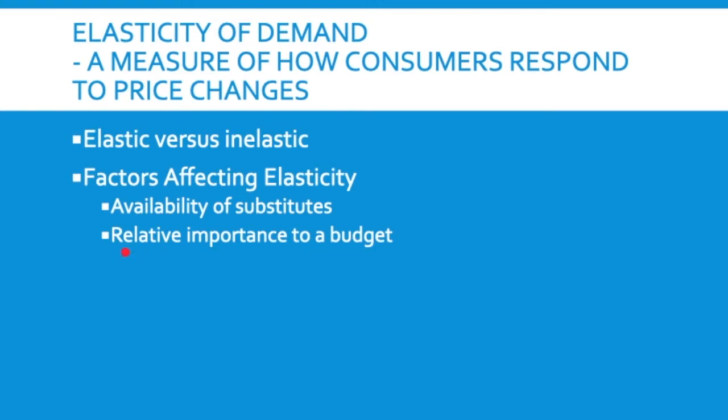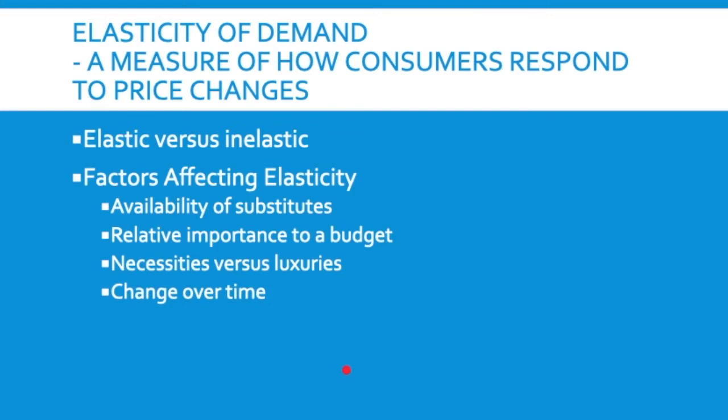If you normally spend a lot of money on something, then that might make your demand more elastic when prices go up. And if you hardly ever spend money on something, that might make your demand more inelastic. And then think necessities versus luxuries. Do you need it or do you just want it? If it's a necessity, something you have to have, then your demand would be very inelastic. And if it's something you just want, that you can live without, and the price goes up, then you would buy less of it. So we'll look at some examples of those things.